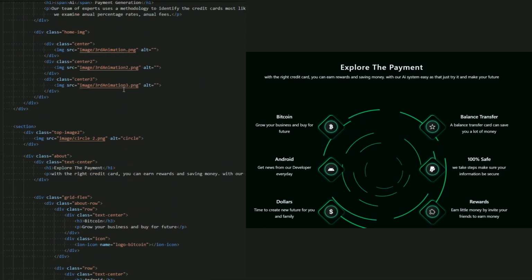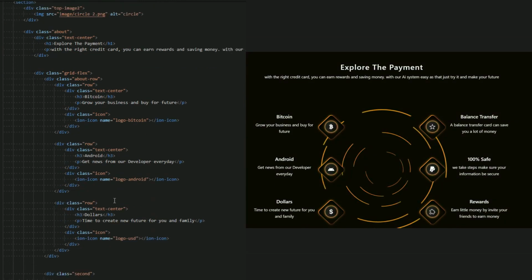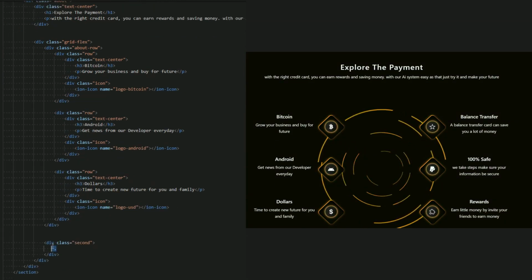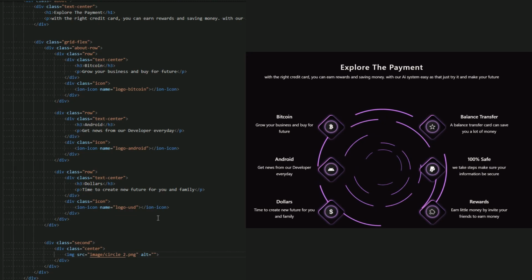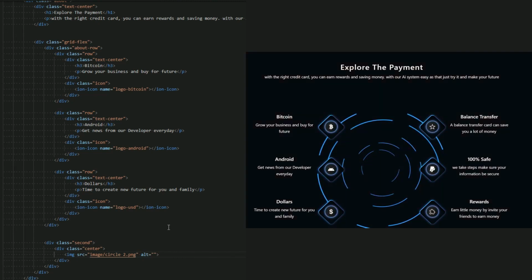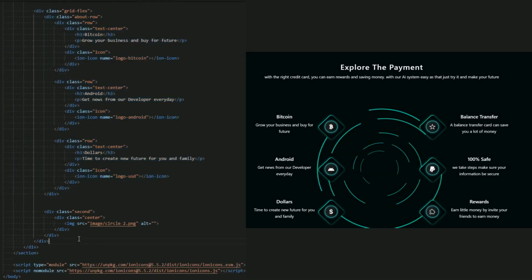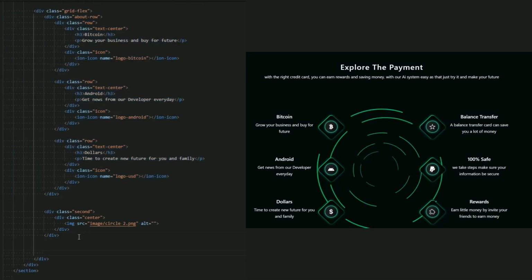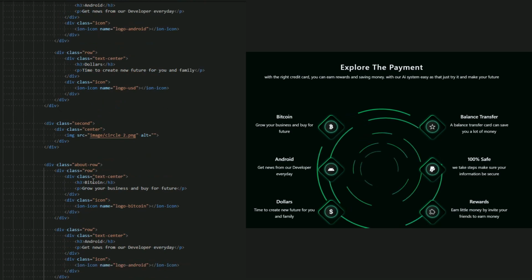Let me copy this, guys, and paste it here, and paste it here, and change the name of the animation and the name of the image to circle png. Okay, this is our circle in the center of these two boxes, the left and the right. Okay, now again let me copy and paste it here, guys. This is the third about row of these 3 boxes of the row.